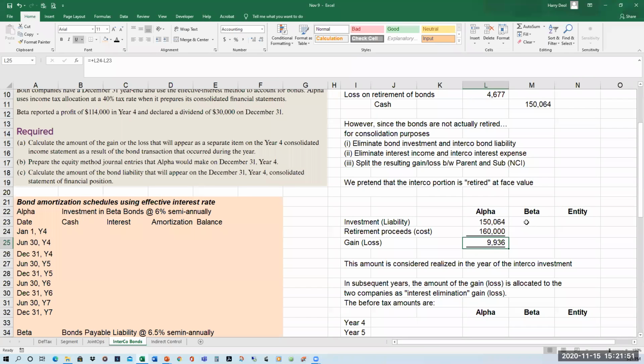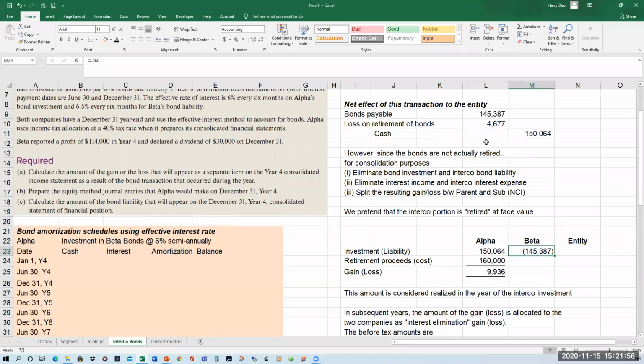Now, with regards to Beta, Beta had a bond liability with a face value of 145,387. Why did I put that as a negative? Because that's a liability credit. If we pretend that Beta retired the bonds at face value, well, then Beta would have paid $160,000 to buy them back. And that would have meant an effective loss of